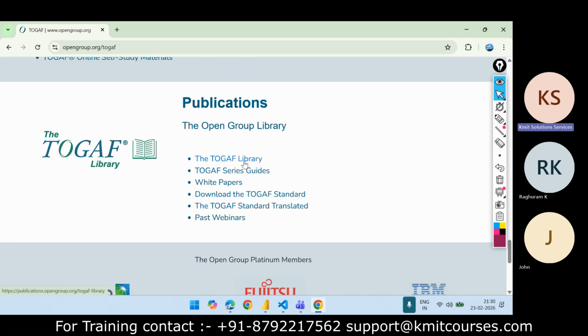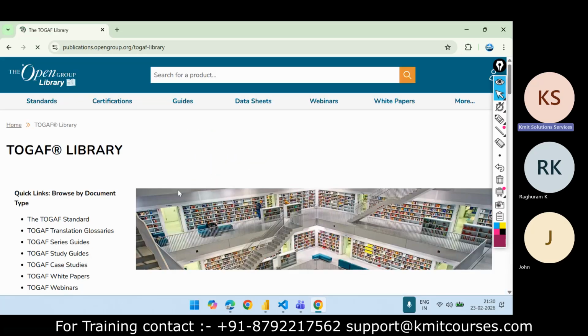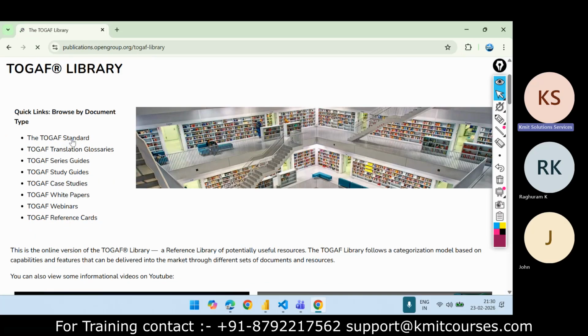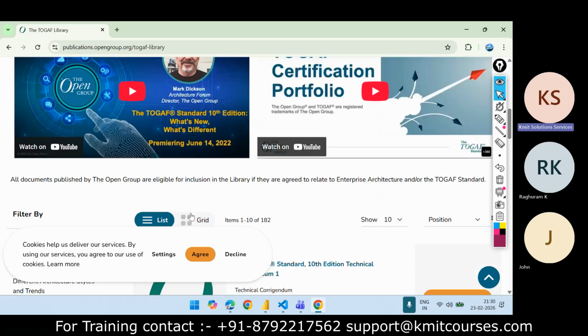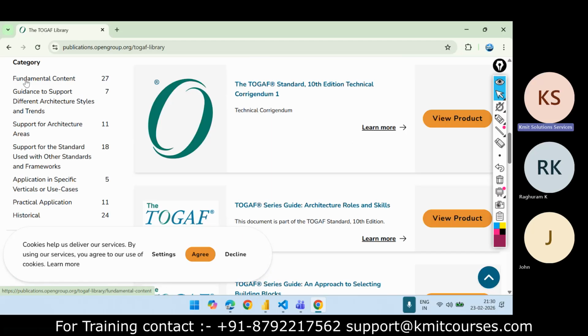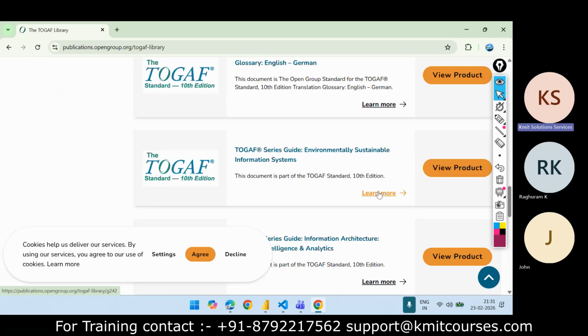So you can see The Open Group library here, where you will find the TOGAF standard, guides, case studies, white papers, everything you will find here. And there are many other things there. So when you come over to this particular page, you can find more details.